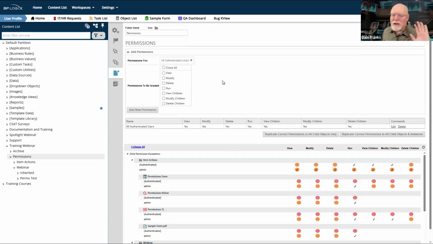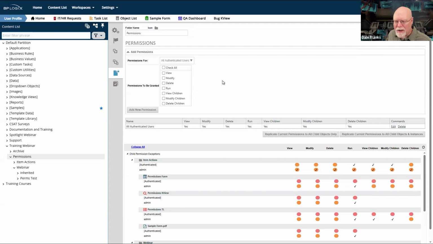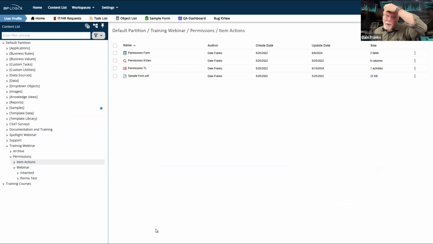So that's how I can set permissions, and that's a little bit about permissions methodology. However, there's one more thing that we need to talk about, which is what happens if I need to go in and monkey around with permissions at an even lower level, which you might need to do. So I have this little application set up right here.